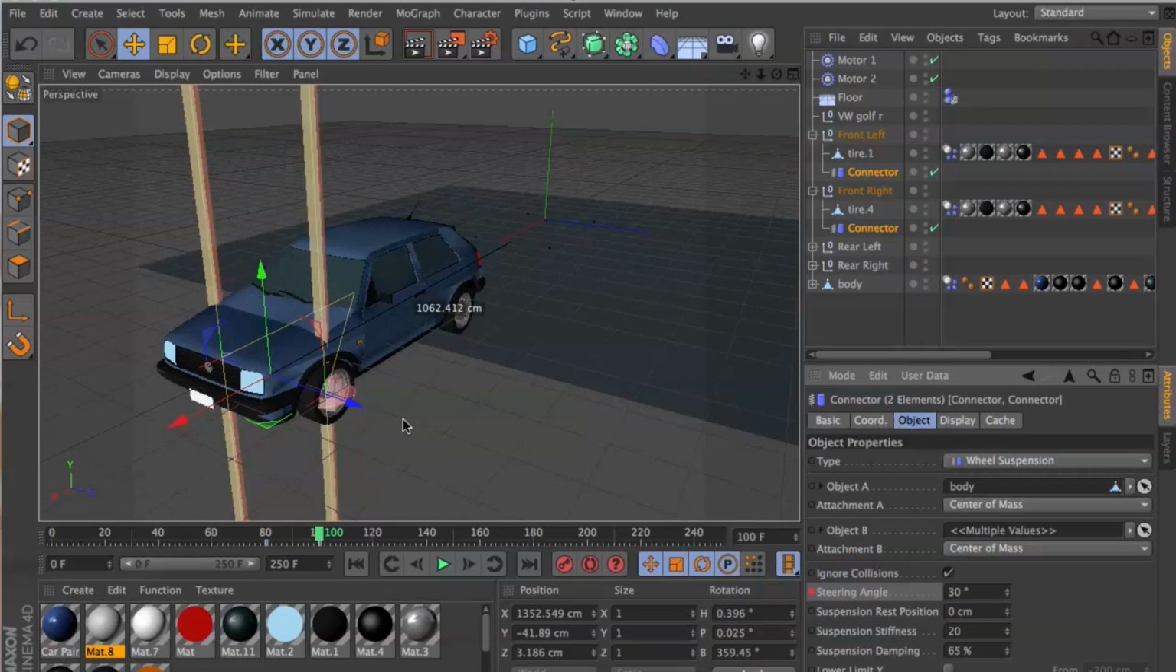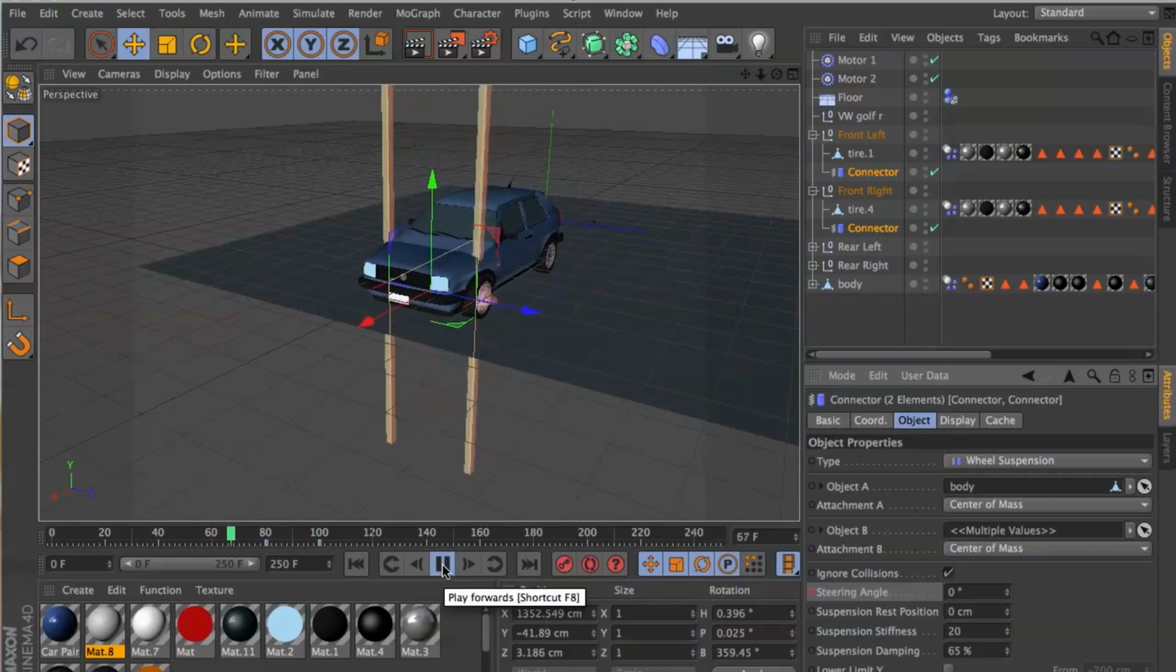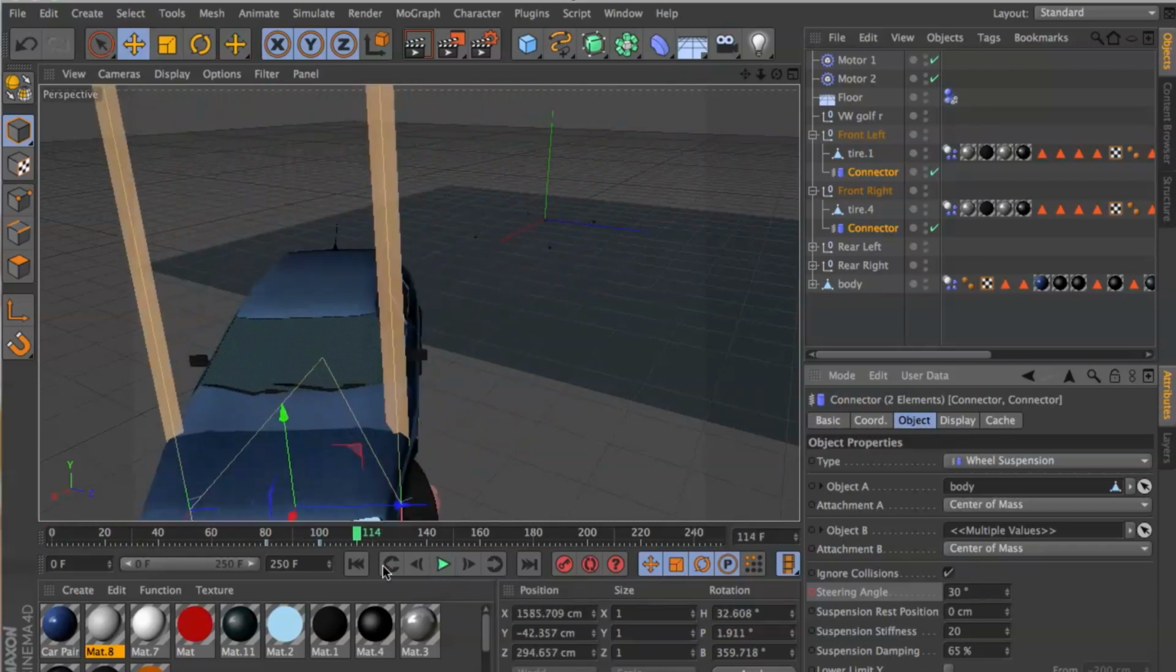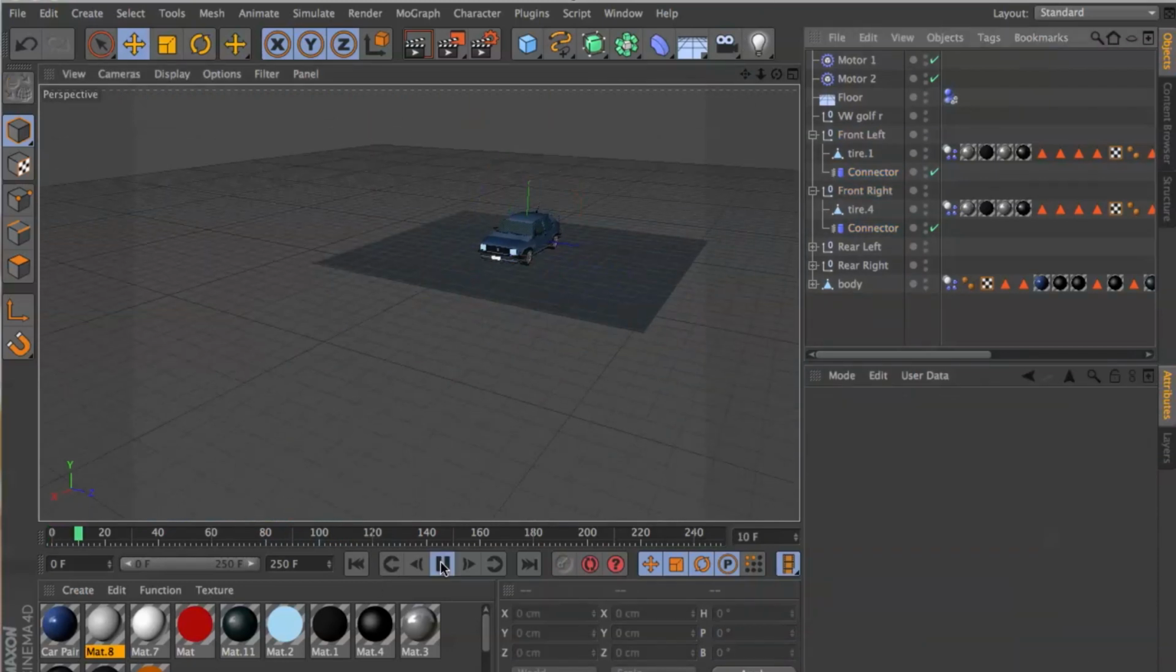Obviously because this is real life dynamics, it wouldn't change straight away, so what I have to do is move this back and press play to see the difference. So here, yeah, as you can see, it has steered correctly. So if you press play,